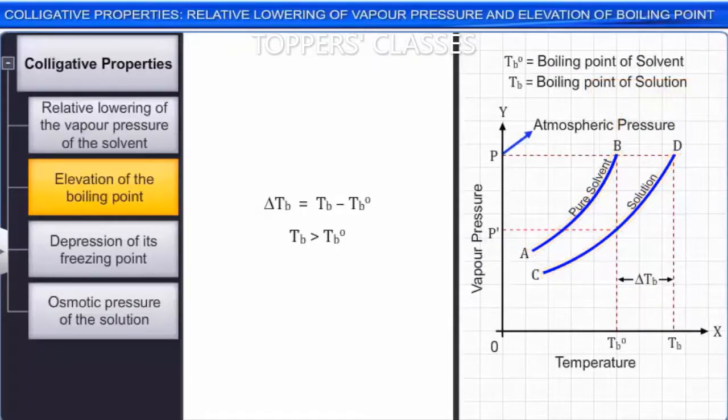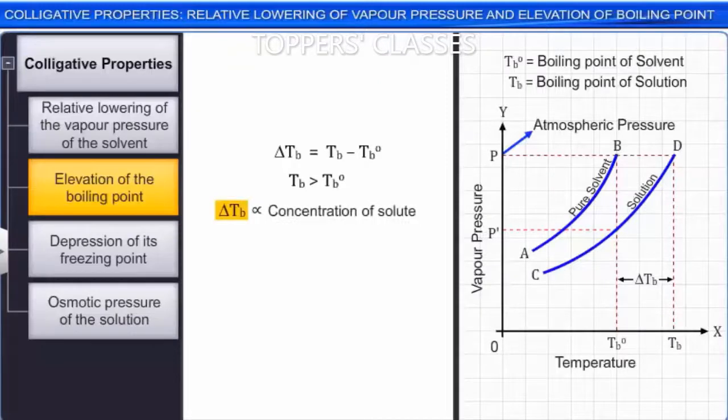The boiling point of a solvent changes as the concentration of the solute in the solution changes, but it does not depend on the identity of the solute particles. The elevation of the boiling point depends upon the concentration of the solute in the solution and is directly proportional to molality m of the solute in the solution,